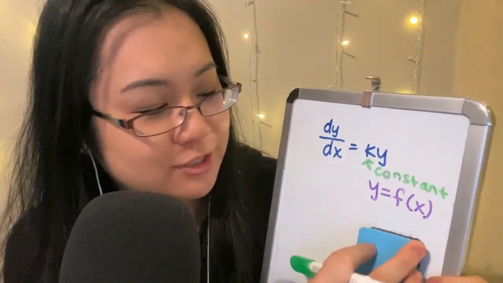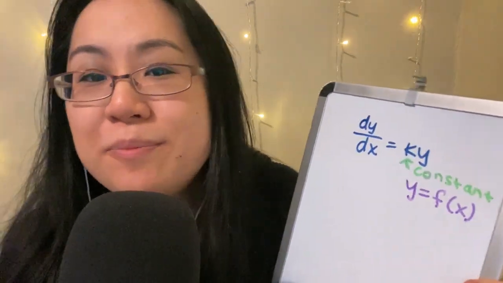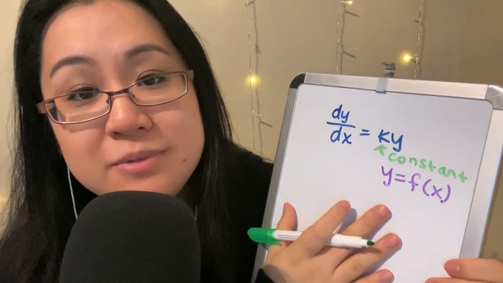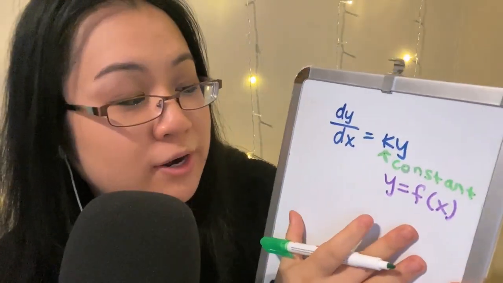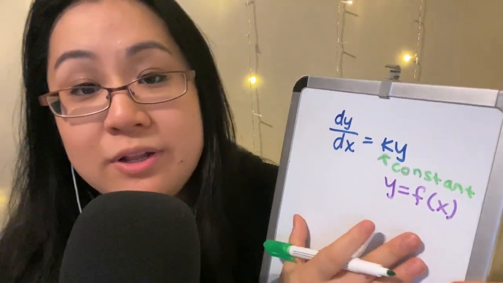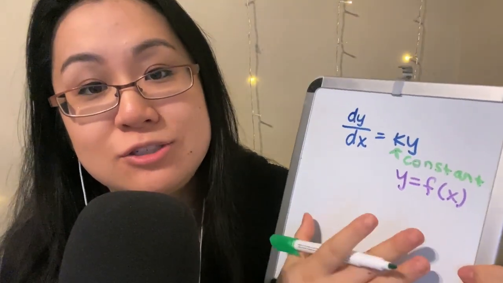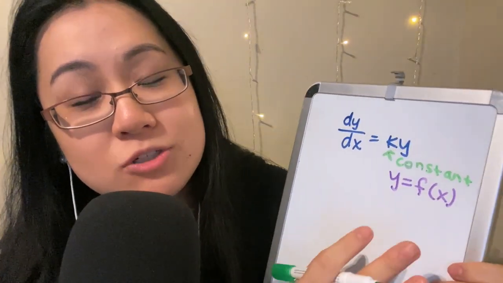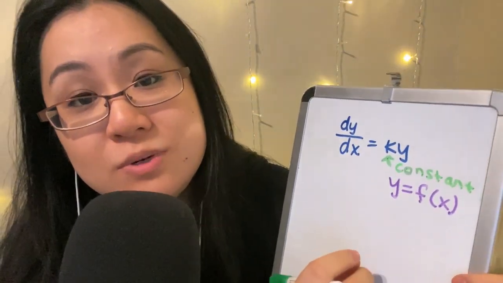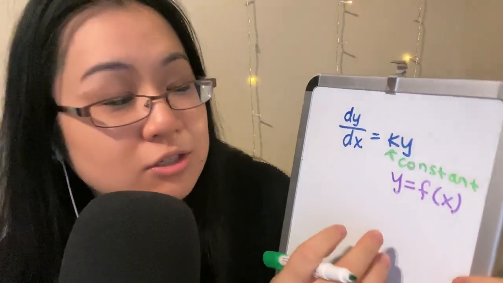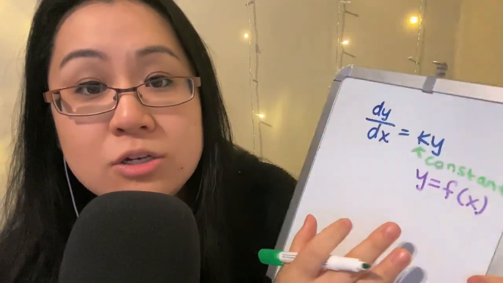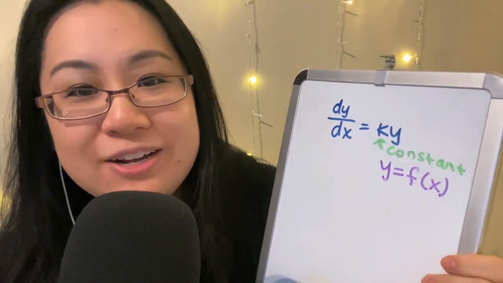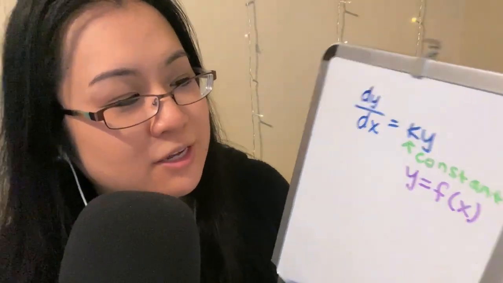So that wouldn't be possible for it to be a constant times 2x. So unfortunately, that is not our answer, but we will solve this, and we will take a look at the family of functions where we will have a solution. And just because we already know this is going to be about exponential growth and decay, you would imagine that it has to do with e to the power of something. So there you go. We will actually do the calculation here in a minute.